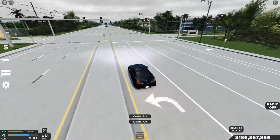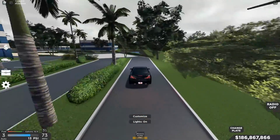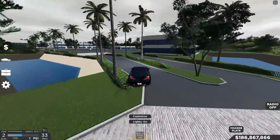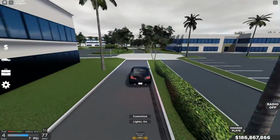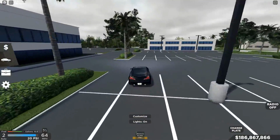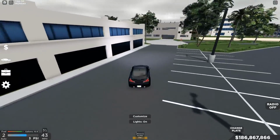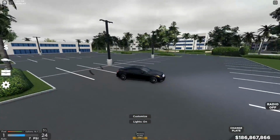Let's go into the FinTech parking lot with our 60 miles an hour. Handled it very well. Why don't we take our slim turn here? Okay, maybe not. I suck at turning. But car is handling everything really well. I don't know why the handling's so low on the car, but I mean overall I feel like this car is very good driving wise. I mean its turning radius is a little long, but other than that